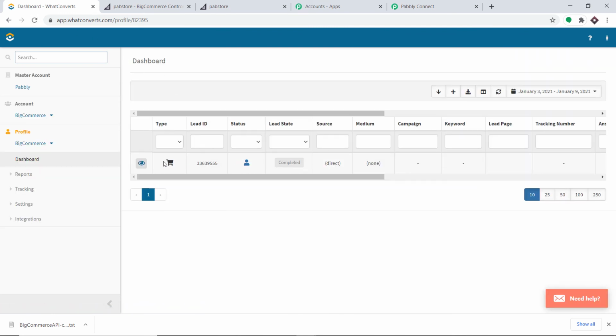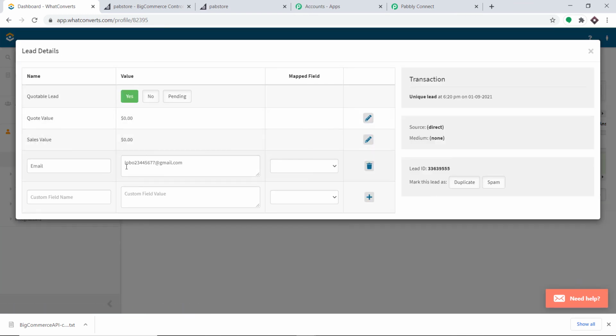Okay, so as you can see, a lead has arrived. So when we click this, when we view this, you can expect to find the lead. Okay, so we have the information. This is the email lobo23445677@gmail.com. Excellent. So the presence of this lead shows that we have successfully integrated BigCommerce and WhatConverts with help of